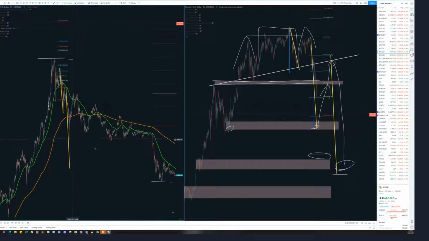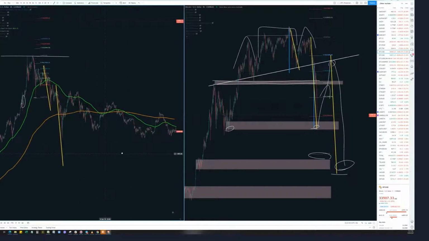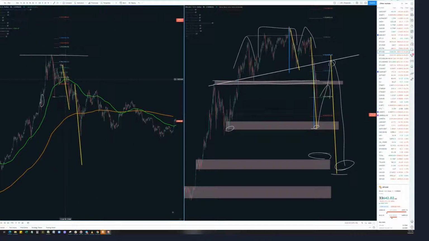Roughly, if I stretch that out, and let's look at it carefully. So yeah, that makes sense. So if that was the bounce, and then we did this capitulation,